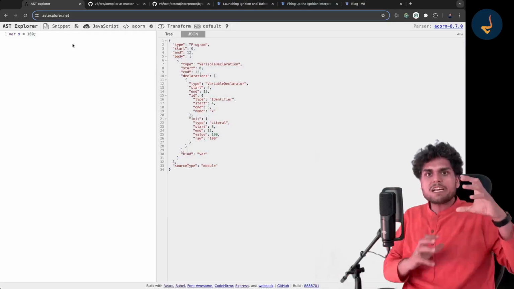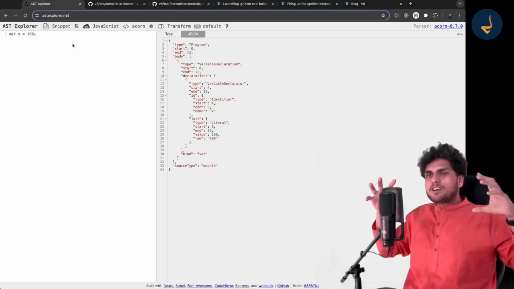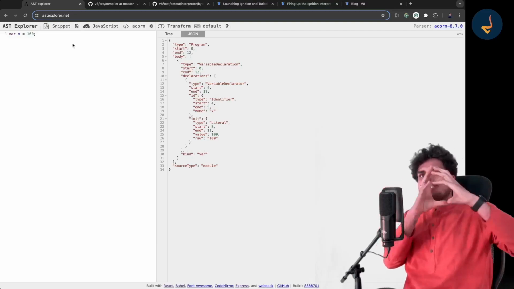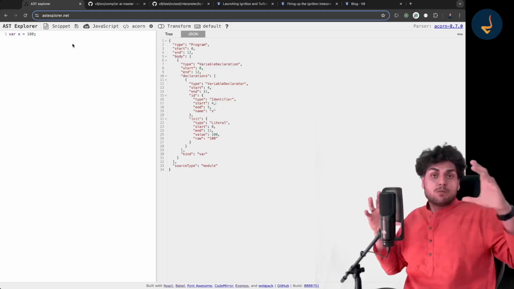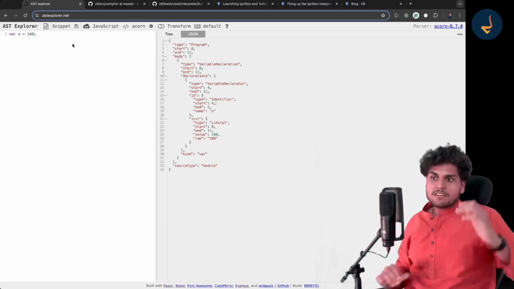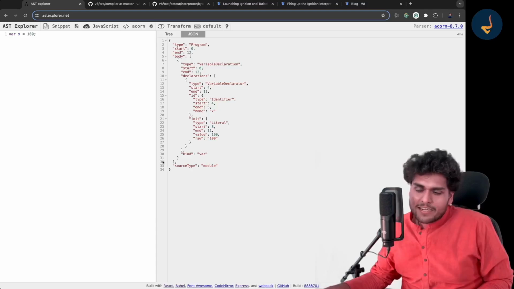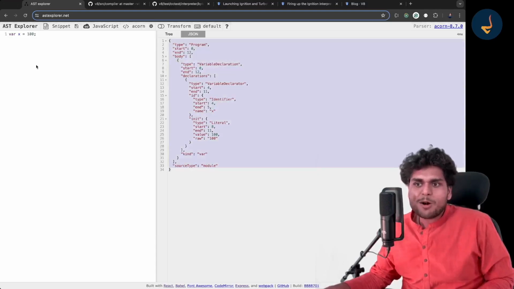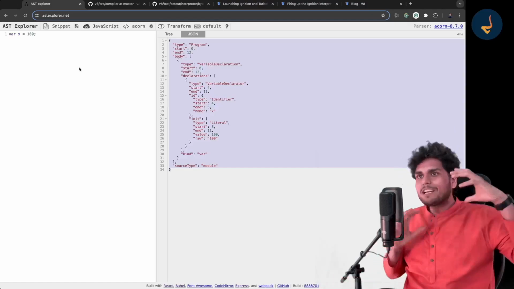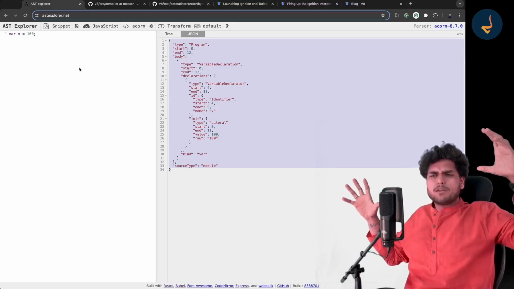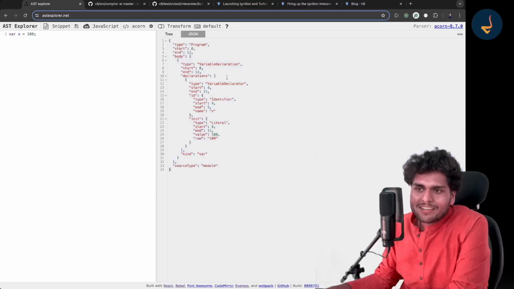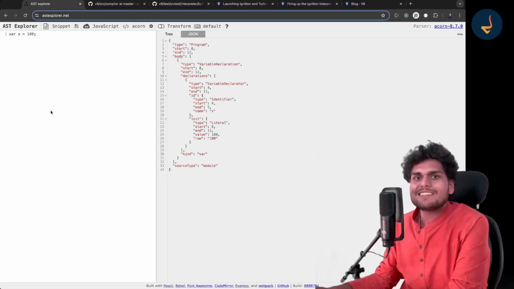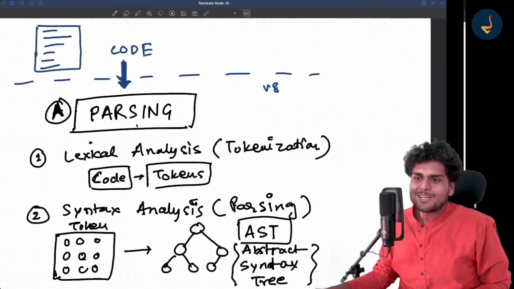And if we make it more complex, suppose there is a function inside a function inside a function, then this tree will grow even further. It can become very complex. See, just one line of code is generating 34 lines of a tree. Think about 100 lines of code. If you give it 100 lines of code, the tree will become very, very huge. Try to give it a bigger program and then see how the tree looks. It will look very amazing. Okay, so this is what I wanted to say.